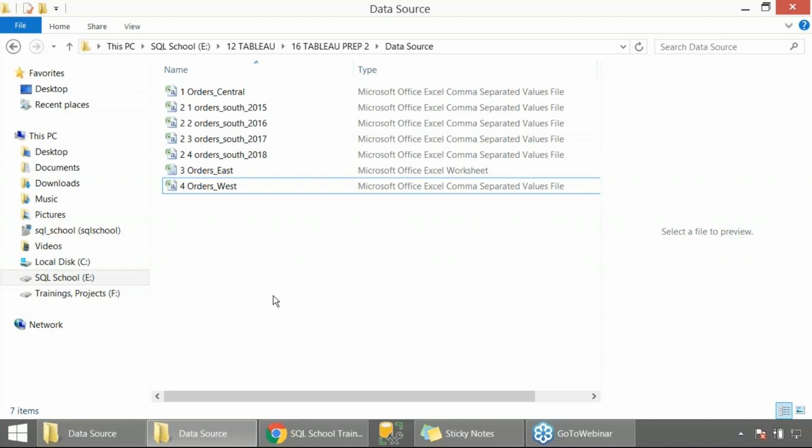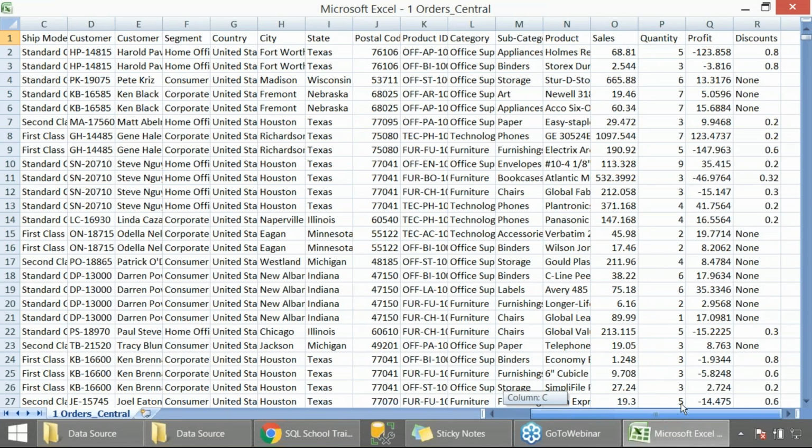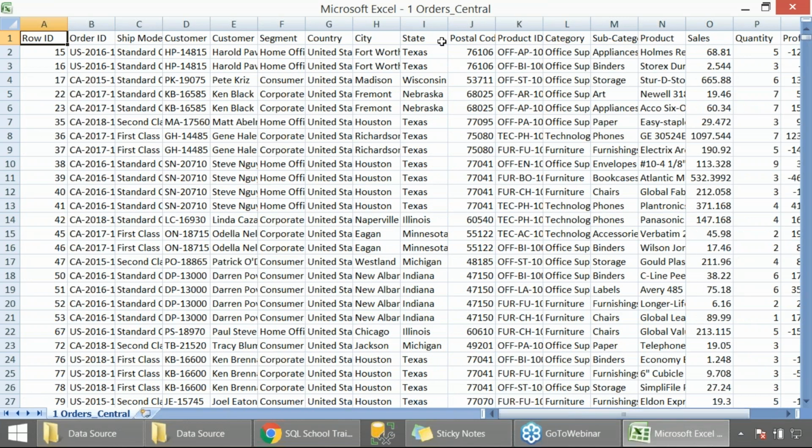Now here it is. Before we plan for using Tableau Prep towards data consolidation, remember we have central data with some ID, order, ship mode, customers, etc. But there is no particular column to denote it's central data.